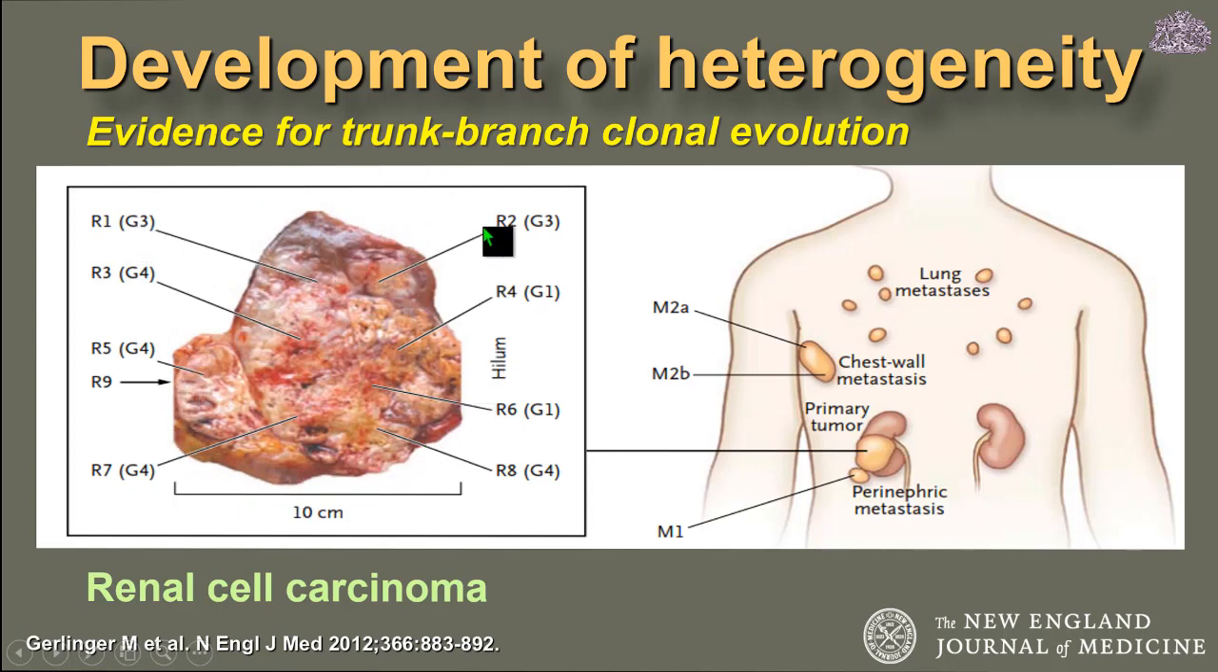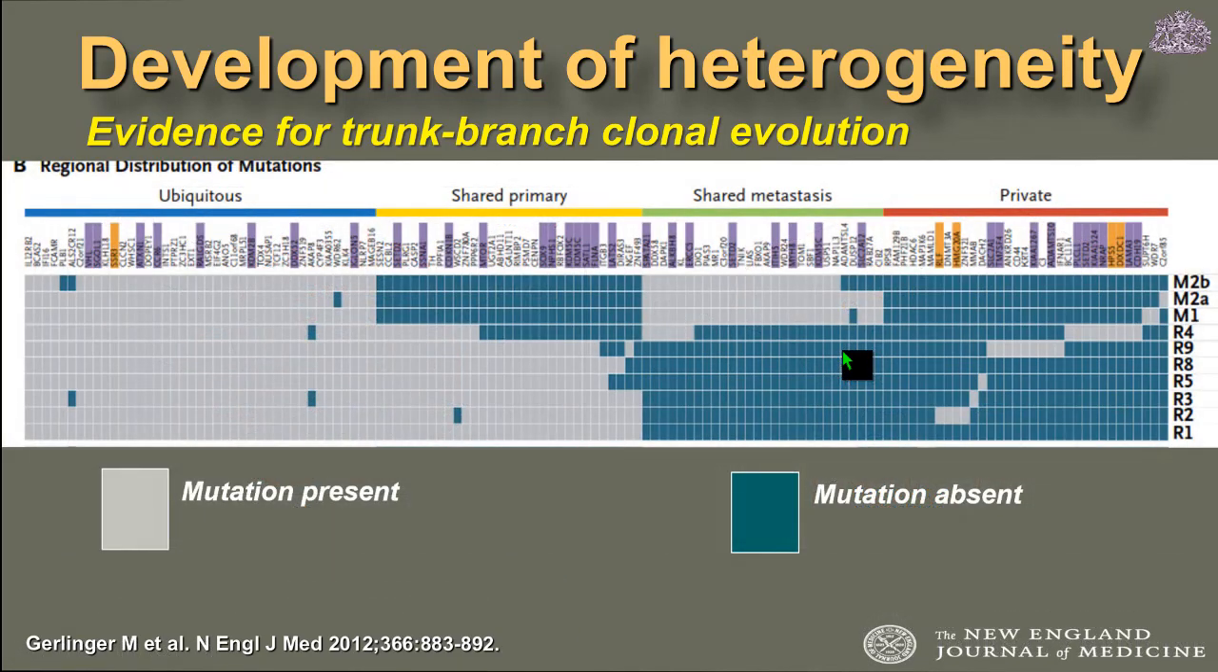You can see the subregions R1, R2 to R8, but they also sampled two metastases, one perinephric metastasis and a chest wall metastasis, and they sequenced the genes to look at the mutations that occur within these different subregions. So what you see is that the gray areas mean a mutation is present, and the green areas mean the mutation is absent. And you can see that there are ubiquitous mutations that occur in all areas of the tumor,